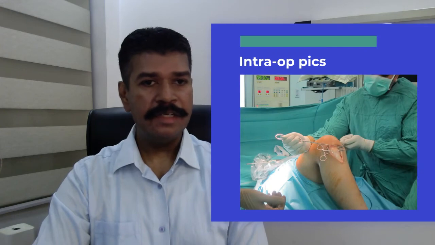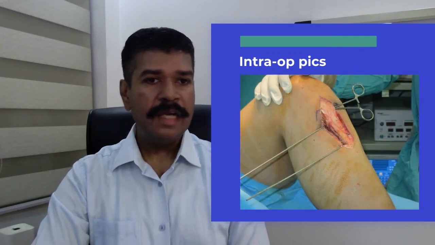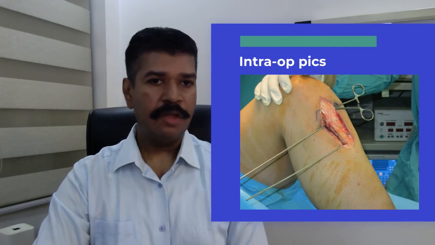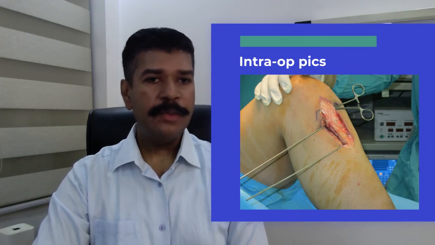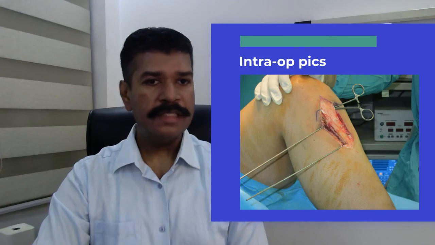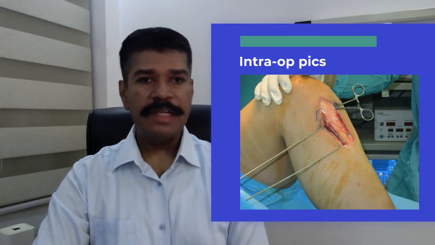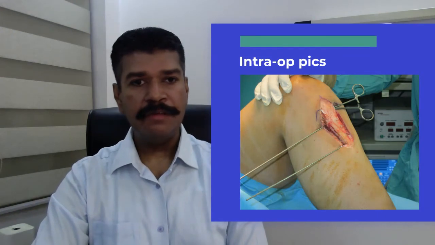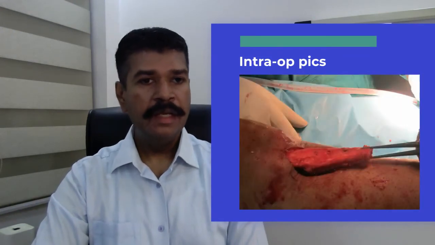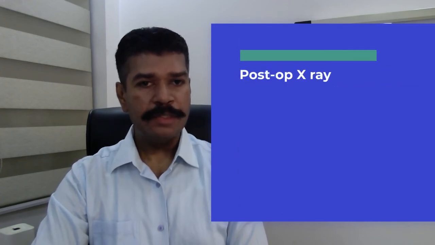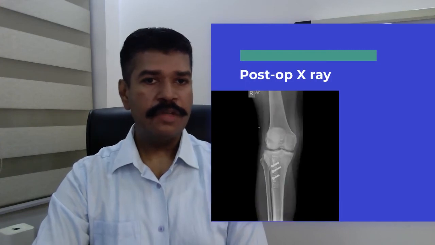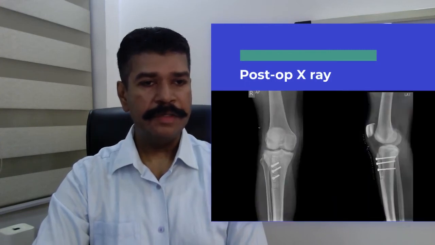Again, as I said, the incision is a generous incision, and I like to use two K wires to mark the proximal and the distal ends of the osteotomy. I always like to pre-drill 2 or 3 holes, as in this particular instance. Now, these K wires serve as guide wires for me to guide the direction of where my osteotomy is going to take. Once the osteotomy is complete, I ensure that the fragment is easily mobile and then fix it into proper position. This is the post-operative X-ray of this particular patient.